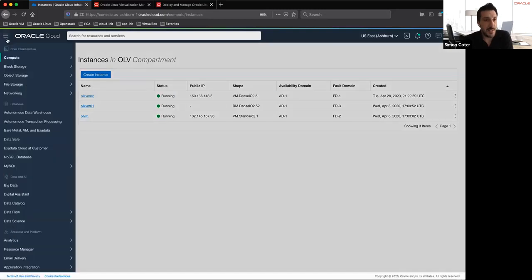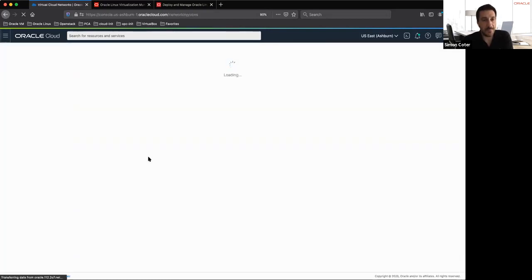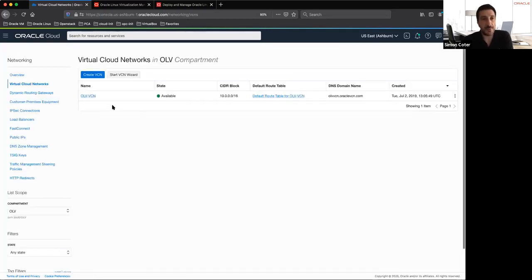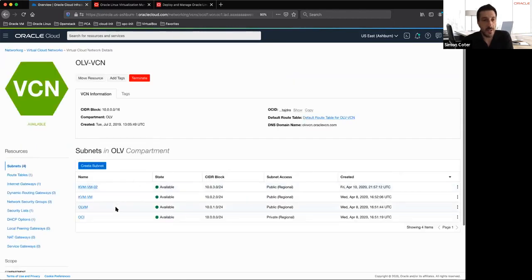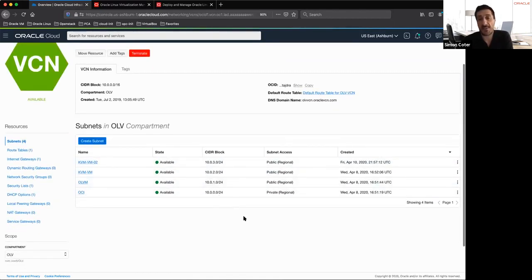Let's look a bit at the networking that we have on Oracle Cloud Infrastructure. As already said, we have the concept of VCN, the Virtual Cloud Network, and here we have different subnets that are defined. We have a subnet named OCI. This kind of subnet is dedicated to the management network, the internal communication between the Oracle Linux Virtualization Manager and the Oracle Linux KVM compute nodes. We also have a subnet dedicated to the Oracle Linux Virtualization Manager web service exposure,